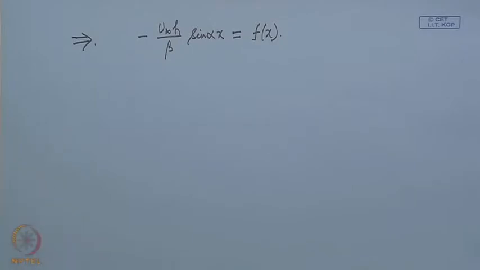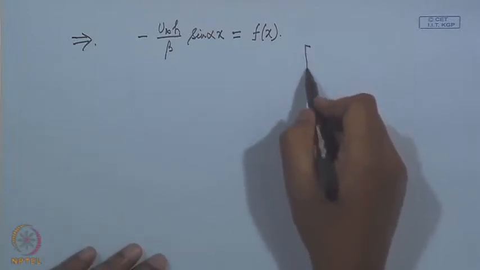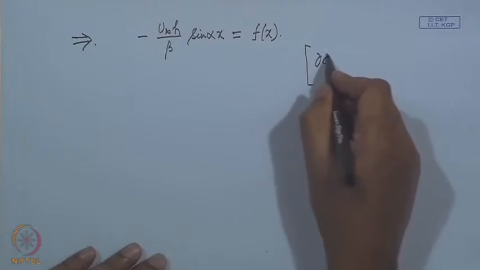This is what we get substituting d phi dy at y equal to 0, whereas before d phi dy